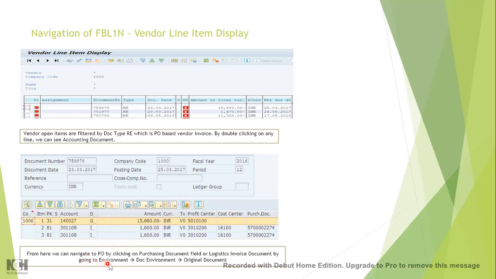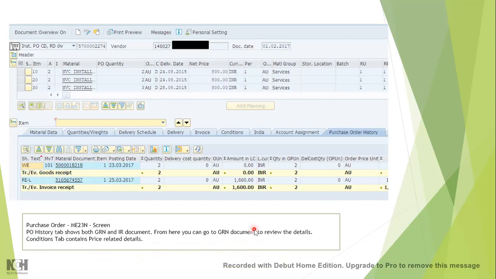Or you can also go through the environment, document environment and original document. So it will take you to the logistics invoice document. From there then you can click on the purchasing document. So right now I'll just click on this purchasing document and it will take me to the PO number. So I come to the PO document and here you can see purchase order history.